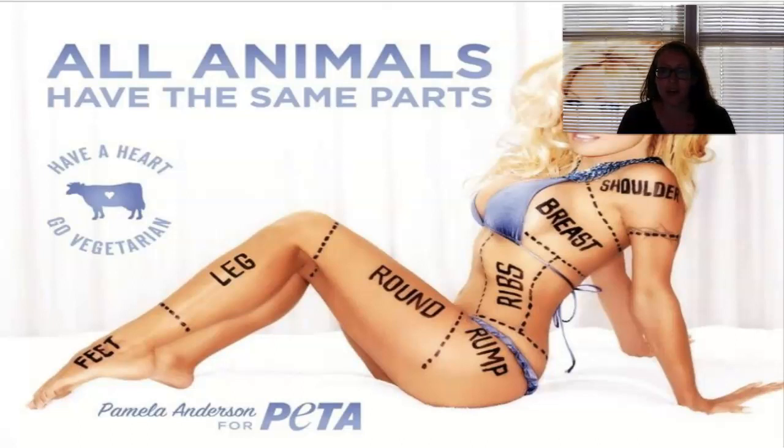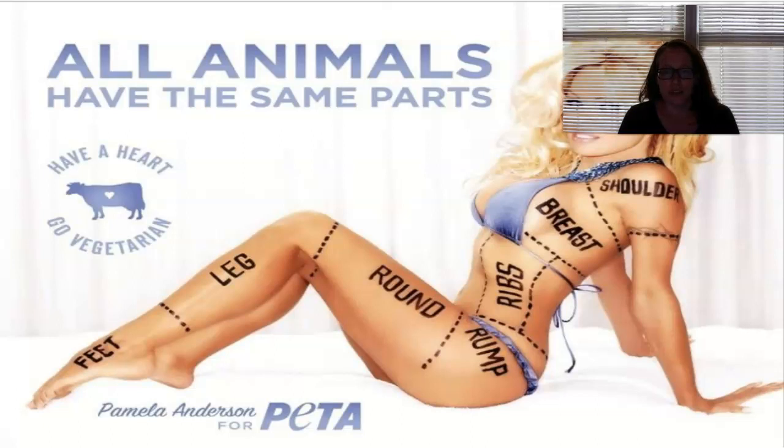So first, you could make a lot of good arguments about going vegetarian. This is not an example of a good argument. There are things wrong with this statement over here, with what they're doing here, all kinds of fun things, and with this Pamela Anderson for PETA thing. So there's lots of places you could look and focus on. Some of these are actually examples of things we just talked about. So I want you to take a few minutes and look at this and see if you can write down 3 things that you notice on your own and then come back to me. Okay, so hopefully you paused that and tried to think of a couple on your own. I'm going to go through a few things.